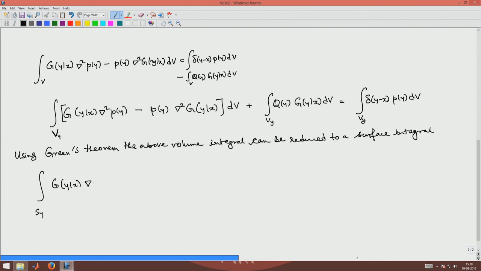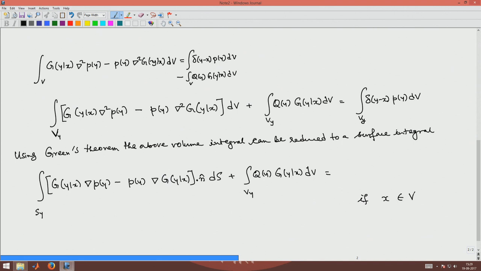So, the Laplacian will now become the gradient minus p y, again the Laplacian becomes the gradient, and finally, you have to take a dot product with the outward normal of the surface, okay, and the other terms remain as they are. Green's function dV over V, and on the right hand side we have to appreciate that if x belongs to